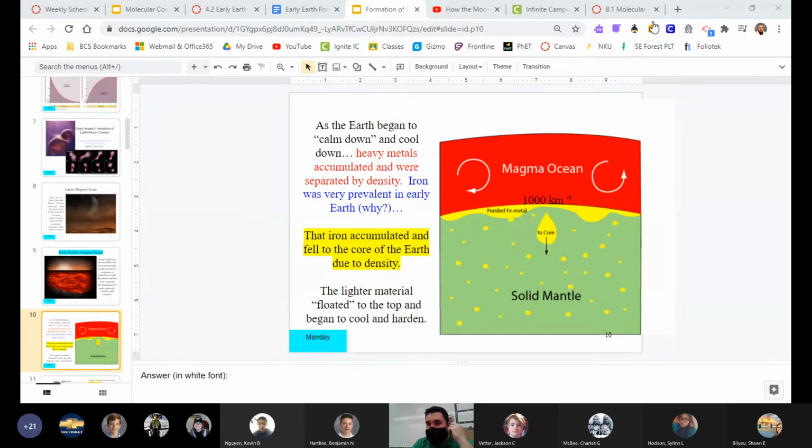All right. So iron is very prevalent because iron was the largest element that was made by that previous star that blew up. So if you remember the large star, the supernova, they make up to element iron. And then we know that that star ran out of energy. We know that star was done making elements because it blew up. And so iron was one of the largest elements that that star made. So it made a lot of iron in that previous star.